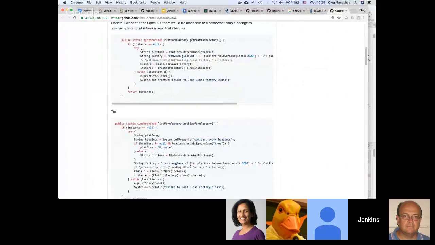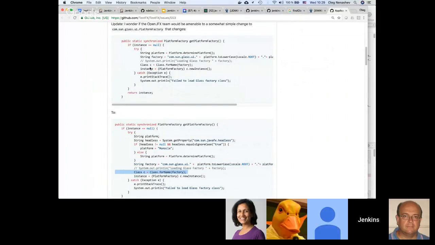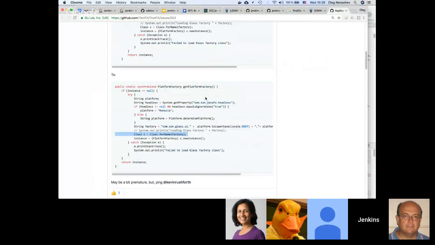So here they try to use Class.forName. Okay, so instead of using the class loader directly, they just try to use Class.forName. Yeah, that's interesting. I noticed the class we're looking at has a lot of finds, so we might want to look at doing the whole thing a different way.